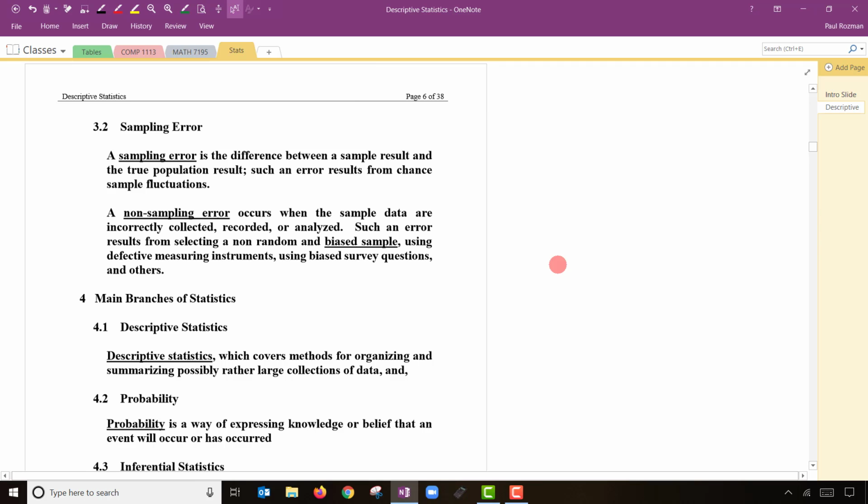Speaking of problems, we'll talk about errors here: sampling error versus non-sampling error. Now, sampling error is just the difference between your sample result and the population value. An example of this: